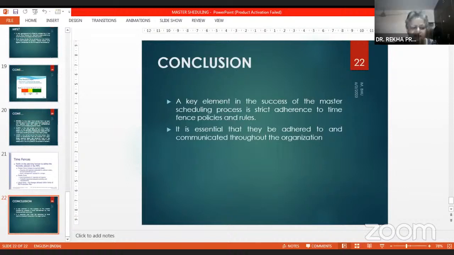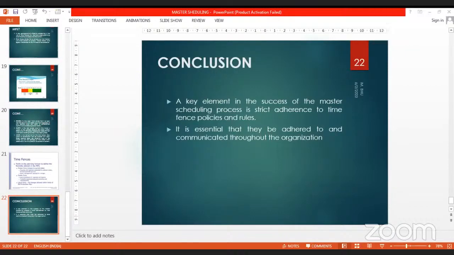Can you see it? No, ma'am. Planning. It's a slide. No, ma'am. You can see it. No, ma'am.